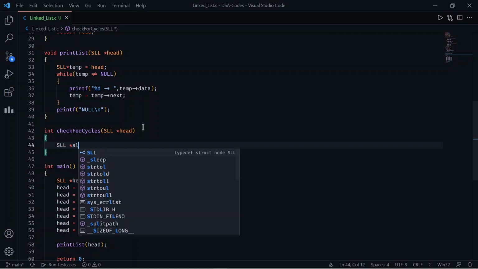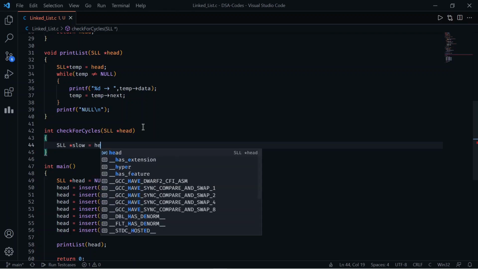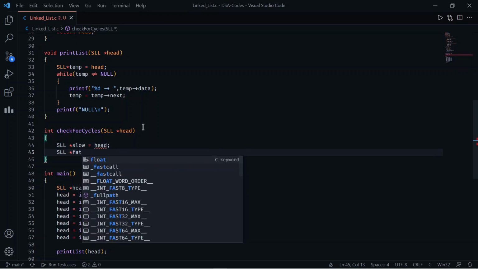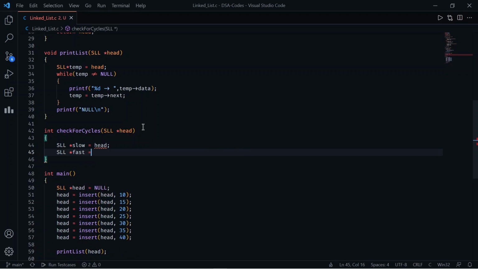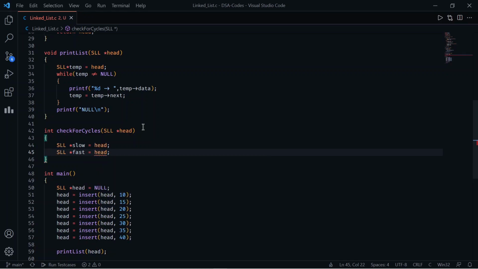The first one is the slow pointer, which will be initialized from head, and the other one is the fast pointer, which is also initialized with head. So I have initialized two pointers. The first one, named slow, is equal to head, pointing to the first node of the linked list, and the second one is fast, which also points to the first node of the linked list.